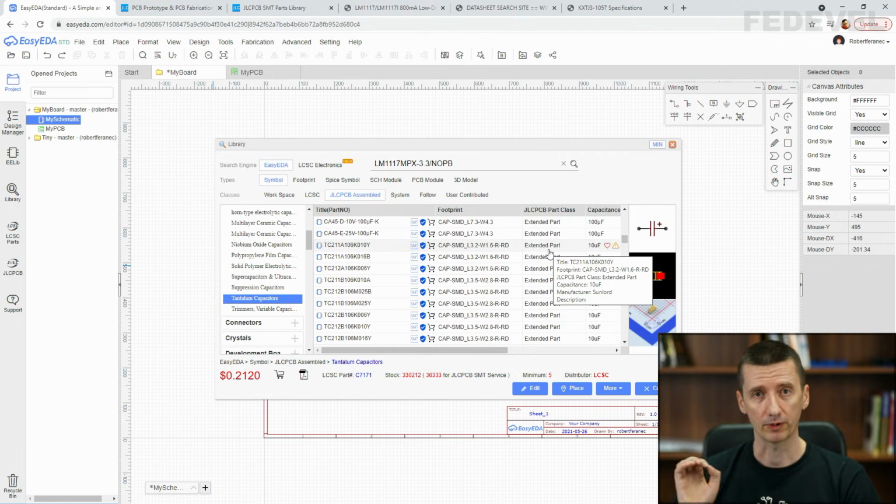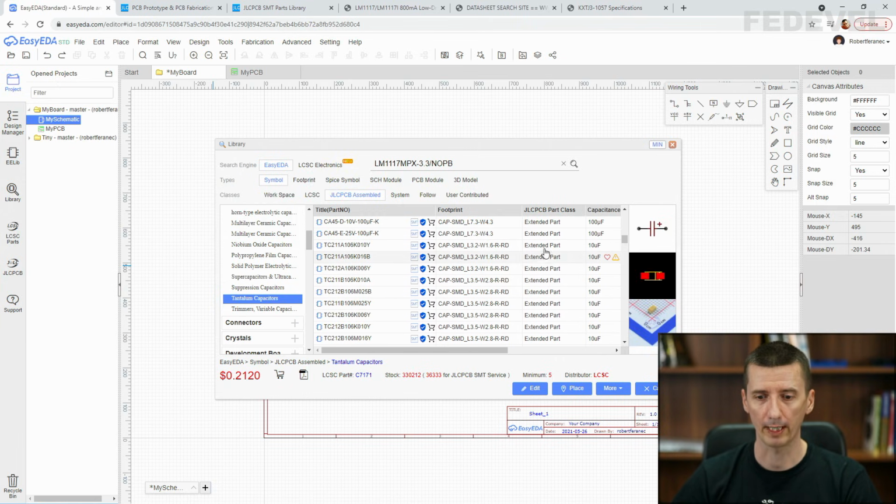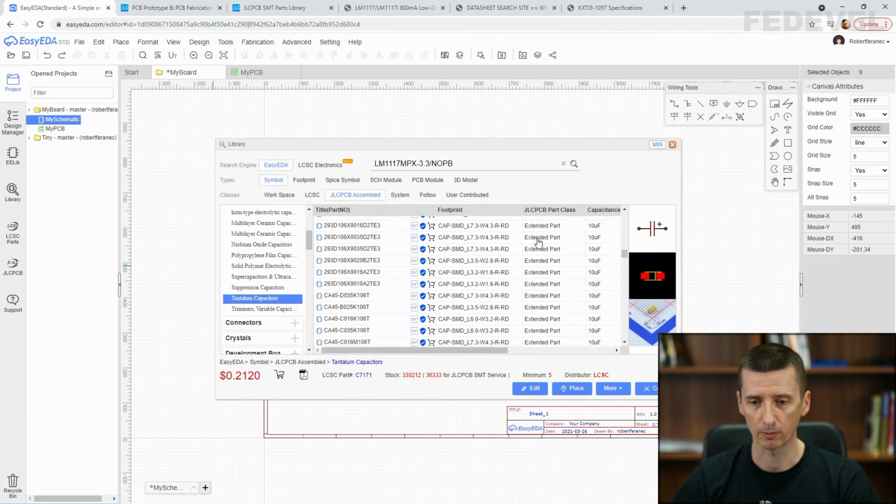And for passive components, very often you can find basic parts. So in this column, we are going to look for basic part. Basic parts are usually cheaper to fit on your board. Extended parts are a little bit more expensive. So if they have a basic part for a 10 microfarad capacitor, that's maybe what we would like to use.